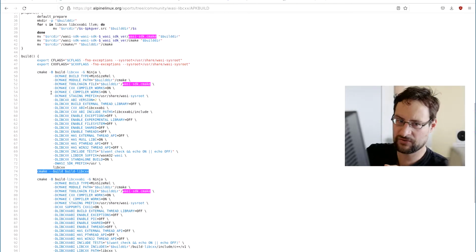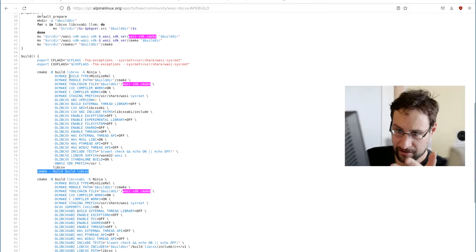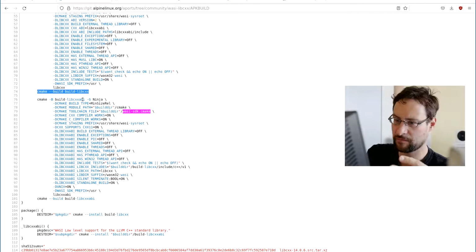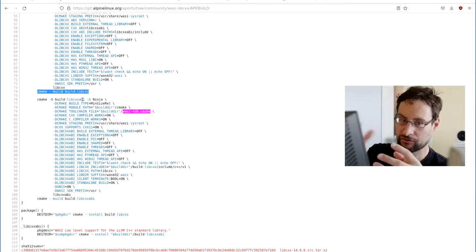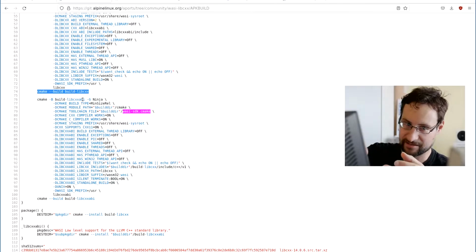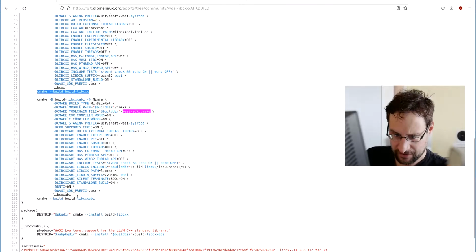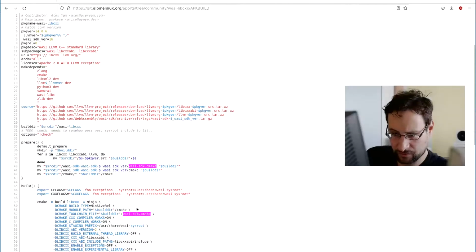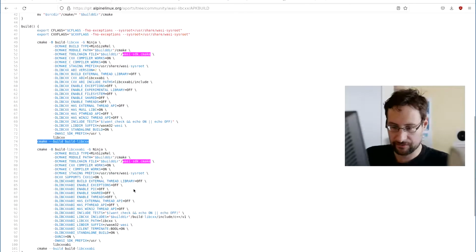And this mono repository, a real criticism. Not only was the beginning not amazing, you apparently also need to configure both, because at least Alpine Linux does CMake, libcxx and the same, so they build that. What is the point, if it's a mono repository, that you still need to manually download all the stuff together, manually extract all the stuff together, except that you script it, obviously. And also build both. Where is the install thing? Here is some, and then they install. Do they not install low-level support for the LLVM standard test there? I'm not entirely sure why they build libcxx. There is a reason why T2 is so much more readable. Anyway,